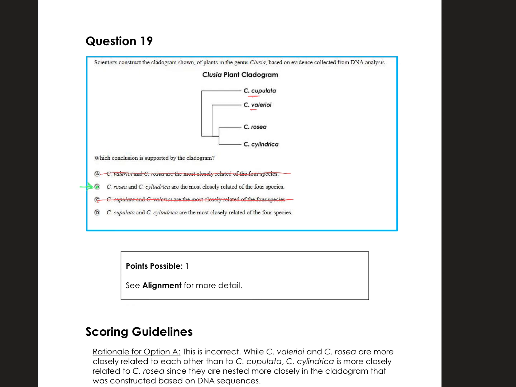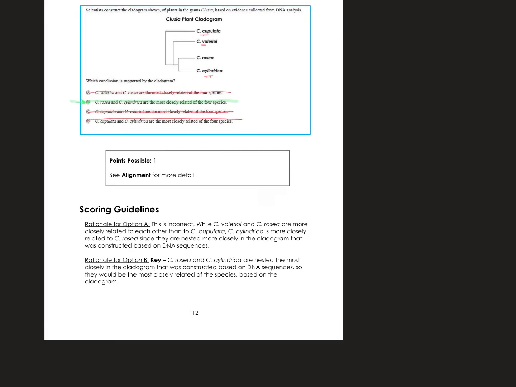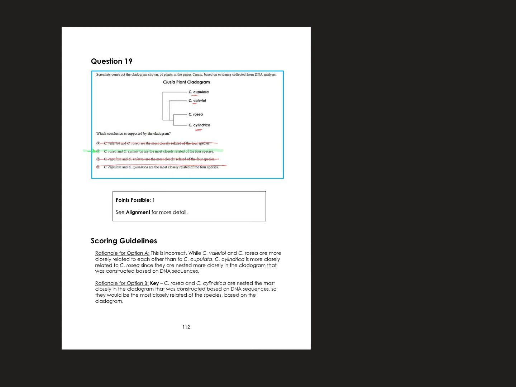And C. Cup and C. Sil, again, not the most closely related. So the most closely related one is, in fact, C. Rose and C. Cylinder, right on there. So that's correct. Why are they the most closely related? Well, again, they are the ones that share the one common ancestor. All the rest of these are related to one another, but further back in evolutionary history. All right,